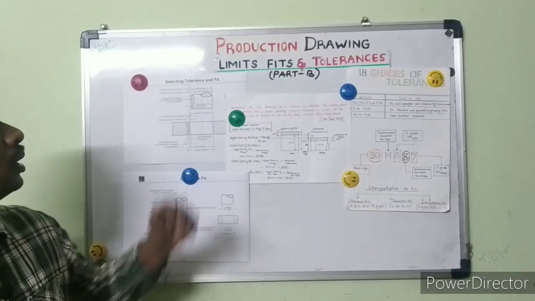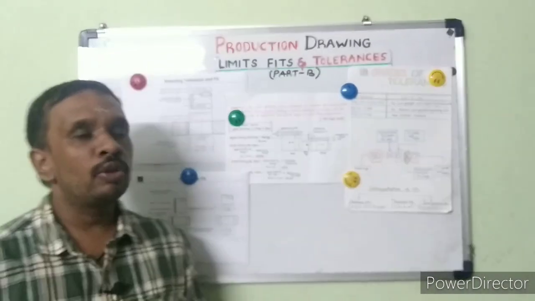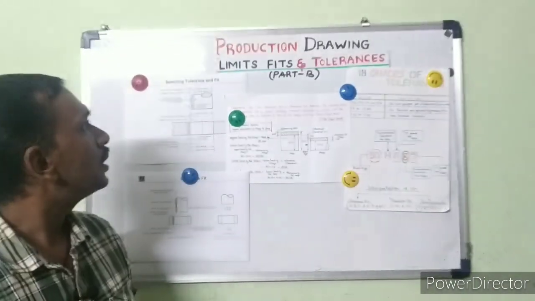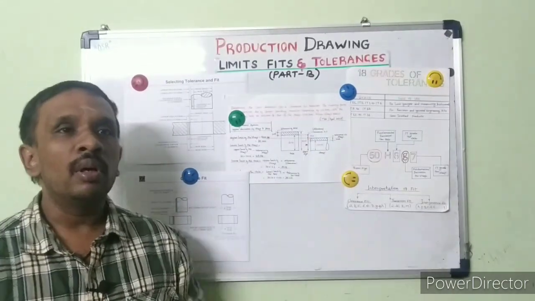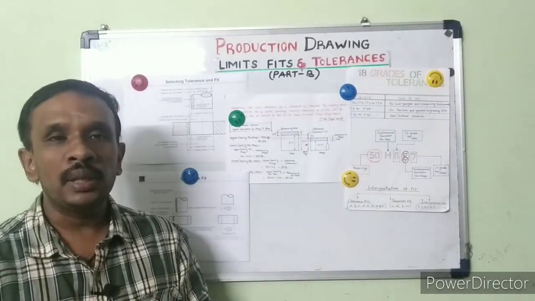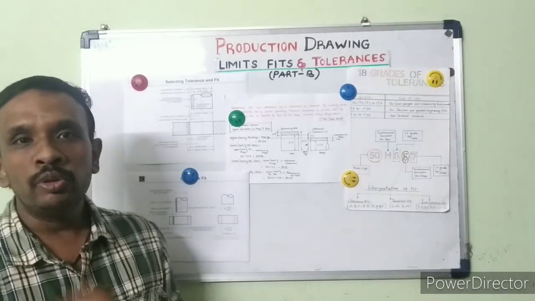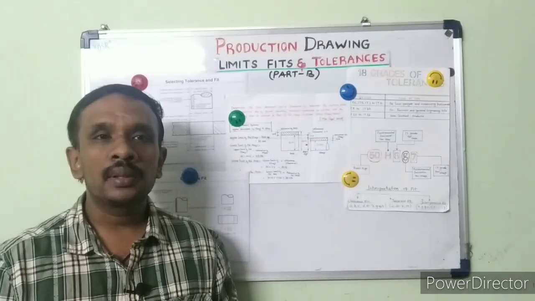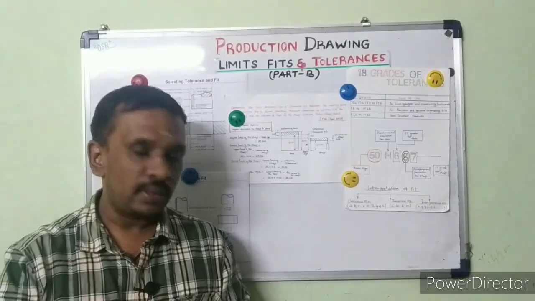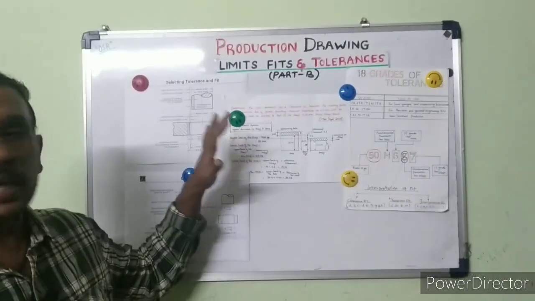So then the part A 20 marks. What we left out in the last class is the limits, fits and tolerances. This is the basic thing. If you have the drawing and you want to produce a component, now you tell me, can any component be produced exactly according to the sizes? Any answers? Yes, we cannot produce a component exactly as per the sizes.